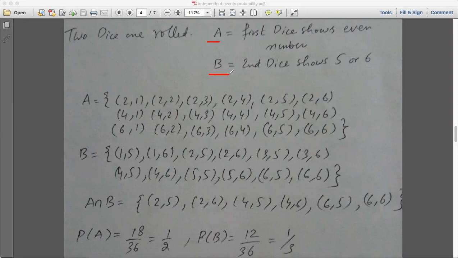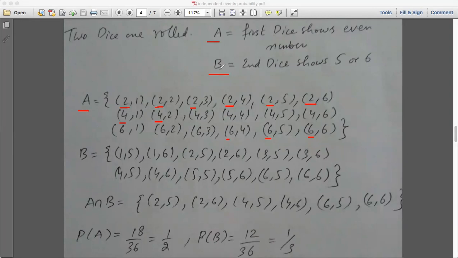तो अभी हम क्या करेंगे, वो जो सैंपल स्पेस आपने नोट किया हो उसमें से चेक करें आप प्लीज़ कि सेट A में हम क्या लेंगे. फर्स्ट डाइस शोज़ इवन नंबर, के हमारे पास जो ऑर्डर पेयर बन रहा है उसमें जो फर्स्ट एलिमेंट है फर्स्ट डाई का वो शुड बी इवन. वो तमाम के तमाम हम इवन लेंगे. ओके, देयर इज़ नो ऑड. जितने भी इवन वाले हैं वो हम तमाम के तमाम इसमें से ले लेंगे. As you can see here, all the first elements of dice 1 is even.